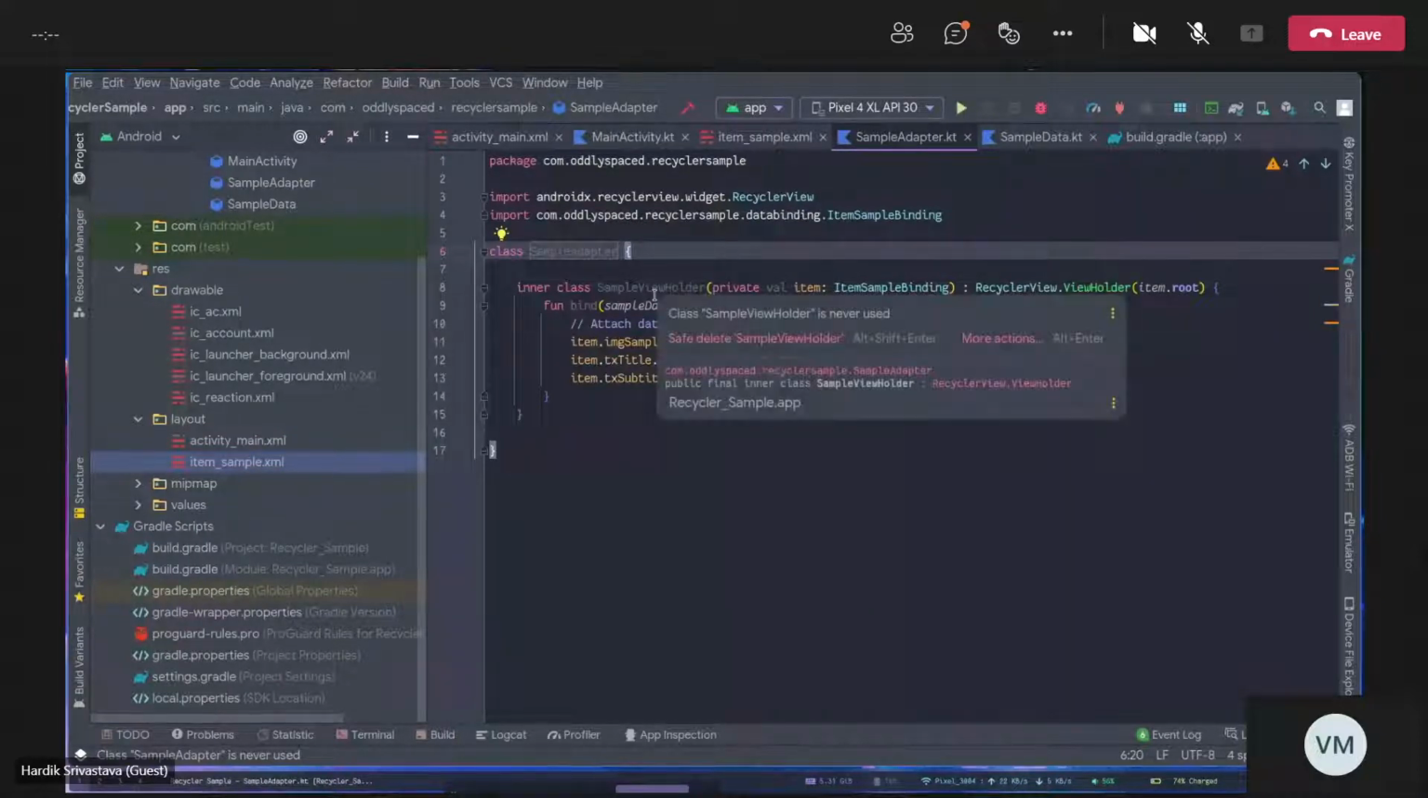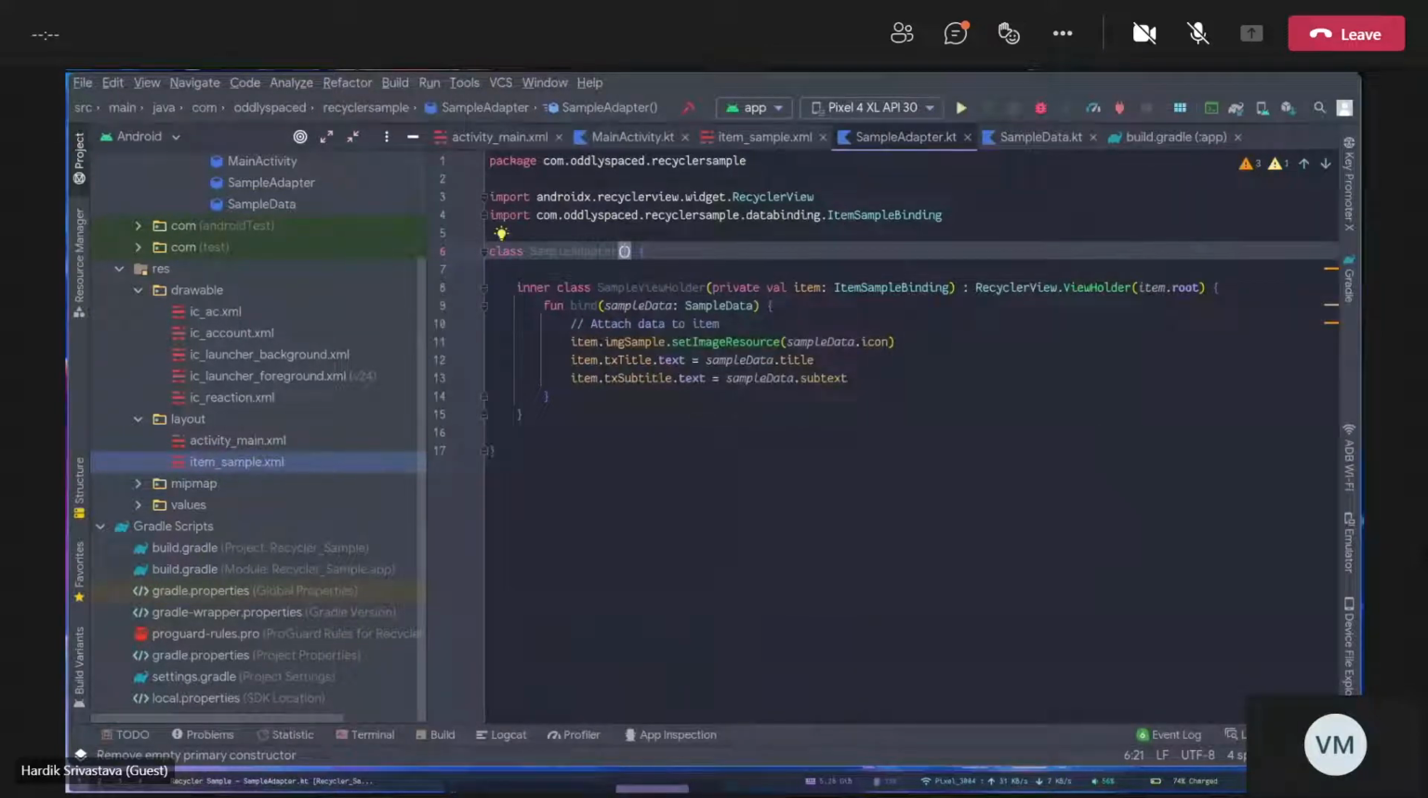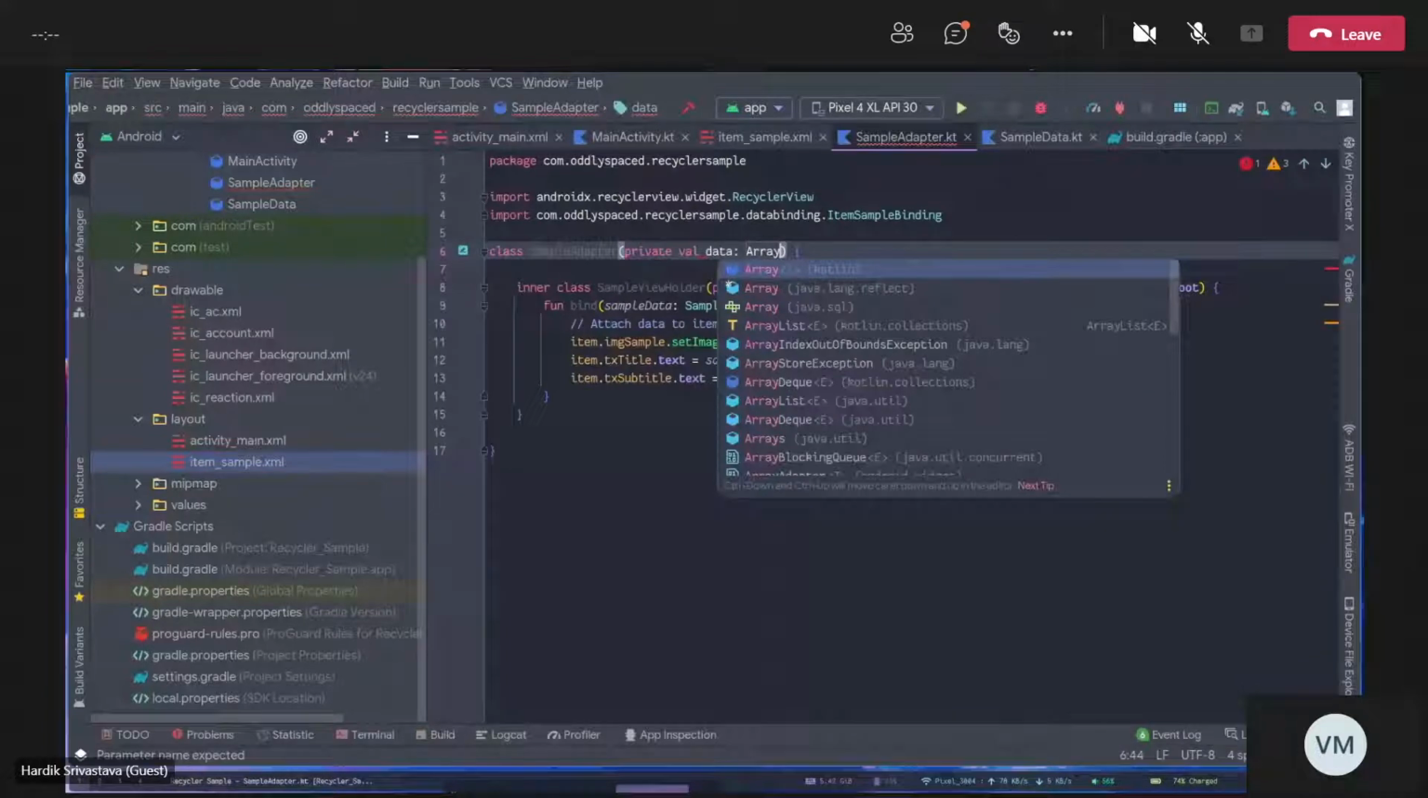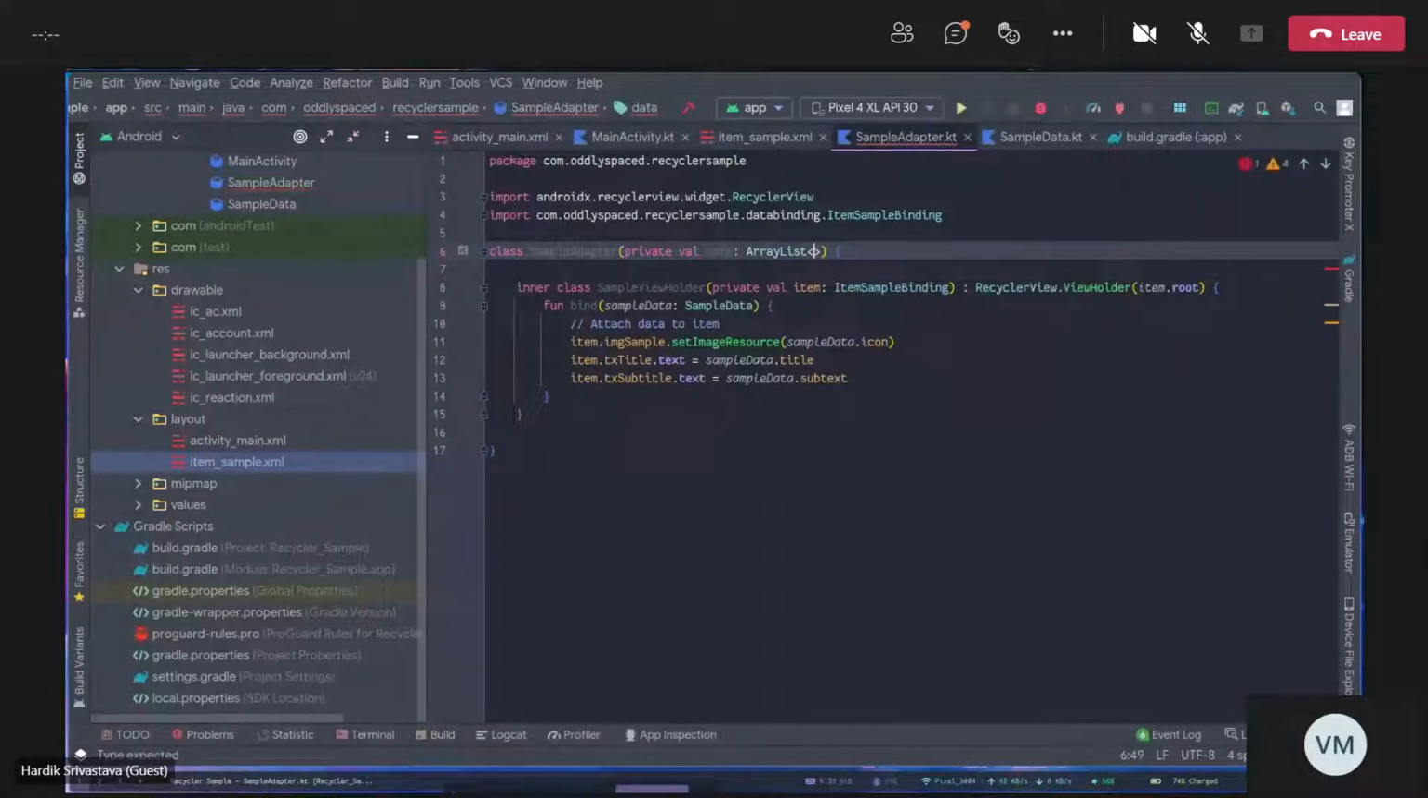Since we are going to display multiple items, that data is going to be in the form of an array list, or an array, or any form of list which you want to display. The most common data we use is an array list. So I'll write private val, and I'll name the variable data, and this is going to be an array list, and the array list item is going to be of the type SampleData. Essentially my data variable is going to contain a list of items, where every single item is of the type SampleData. Right, so this is my constructor for the SampleAdapter class, and this particular class is going to extend